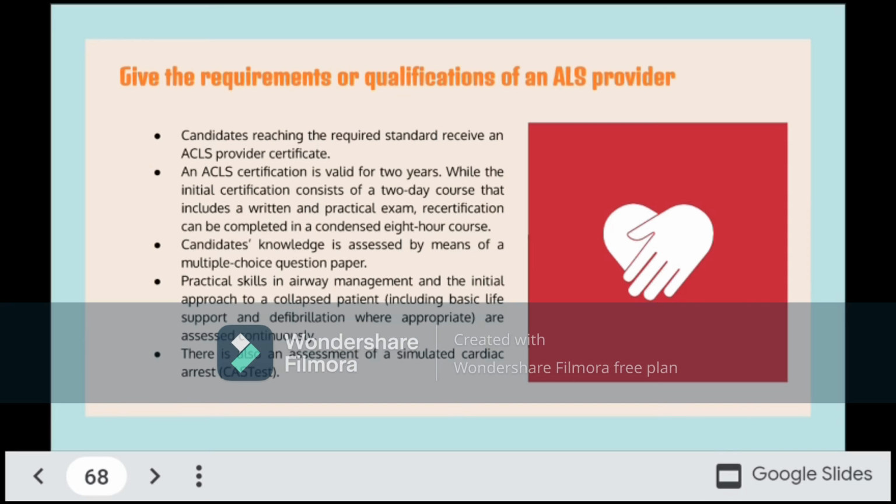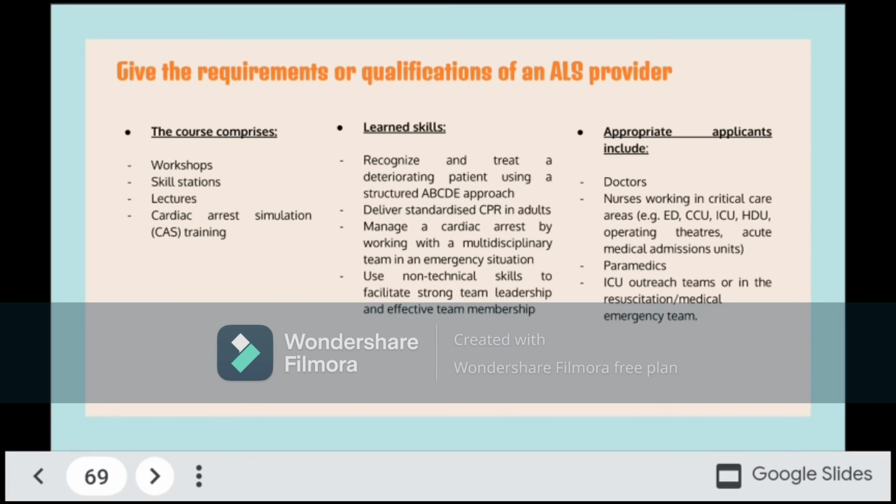What they have previously learned will be updated on the standard of care that is present if there are changes. So there's also an assessment of a simulated cardiac arrest test. So this course comprises workshops, skill stations, lectures, and the CAS training or the cardiac arrest simulation training. And not to forget, an exam and testing will follow to be able to evaluate the learnings of the